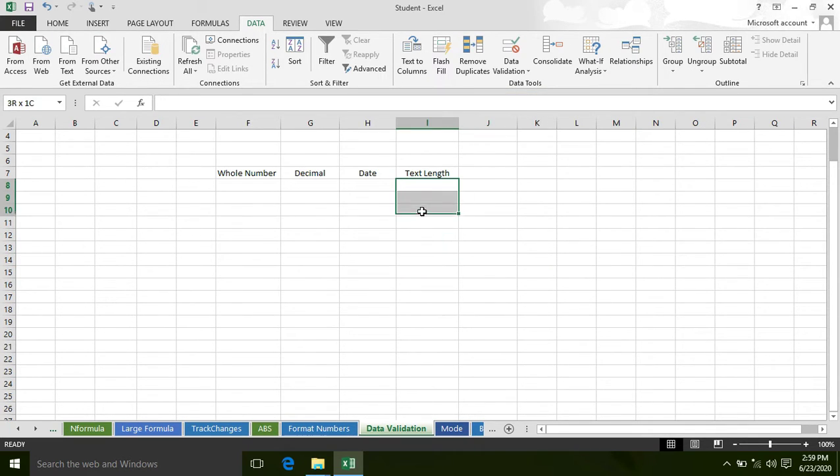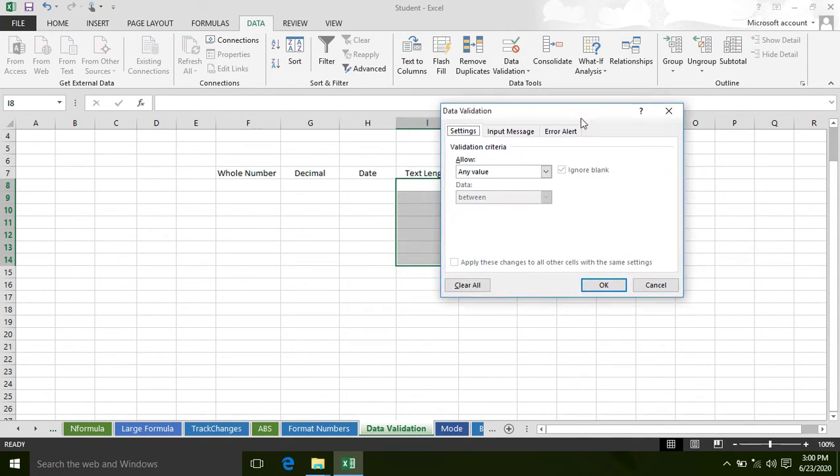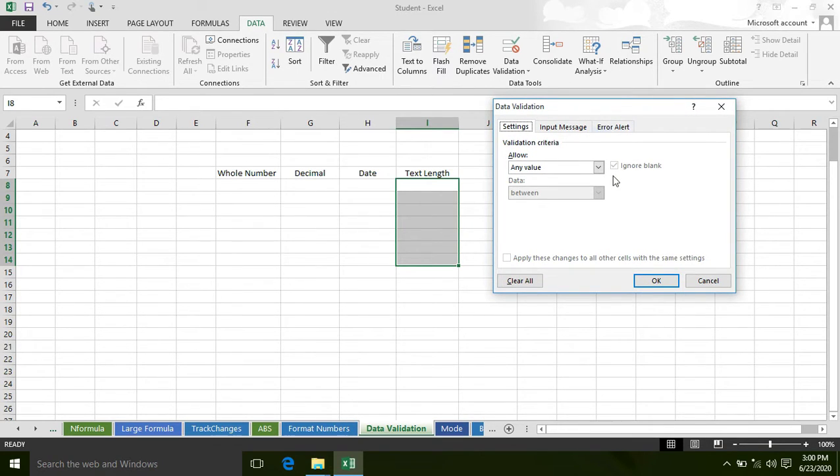Now click this area or column because I want to set some criteria regarding text in data validation. Now click on the data validation option. I have a dialog box here, so this time I will select the text length. Now I have different criteria here, so this time I am going to define the criteria is greater than.